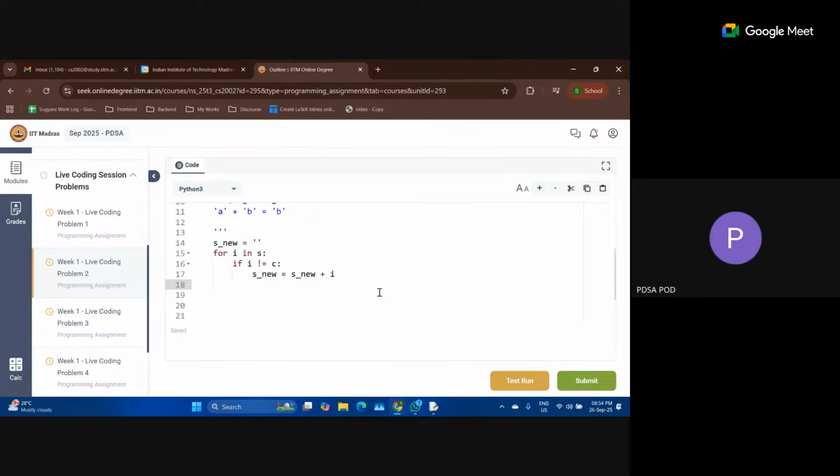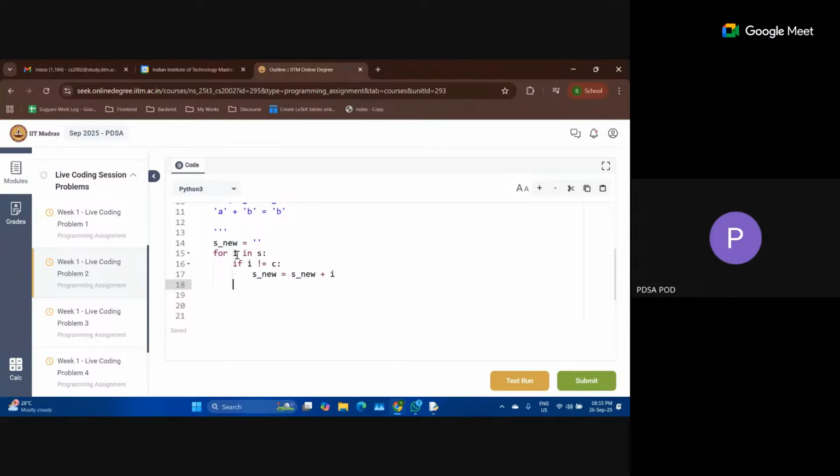So I am doing nothing if my I is equal to C. Both of these things are correct. I can write what to do if I is equal to C, which is basically continue, skipping the remaining part of the code and going to the next iteration. Or I can just ignore it, in which case I don't have to do anything, and it will anyway skip anything else that is written and go to the next iteration. Is that clear?